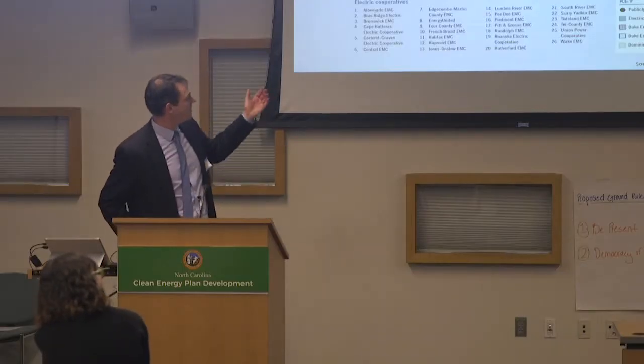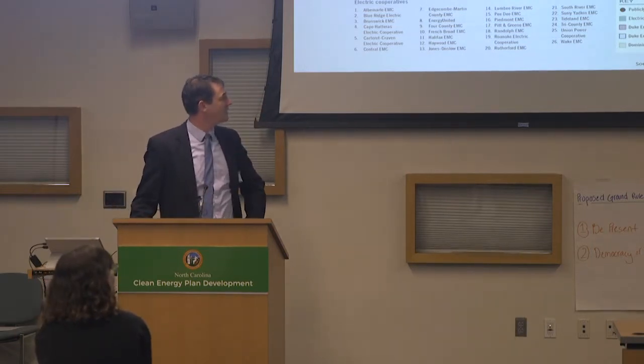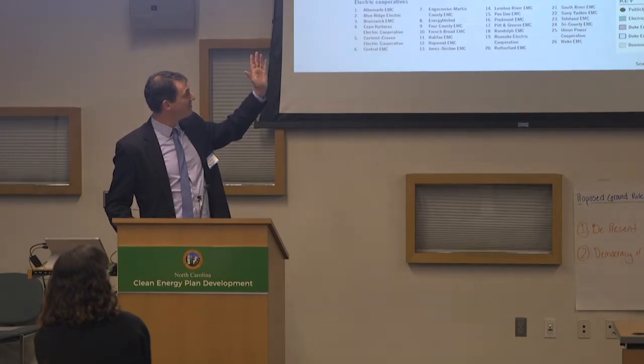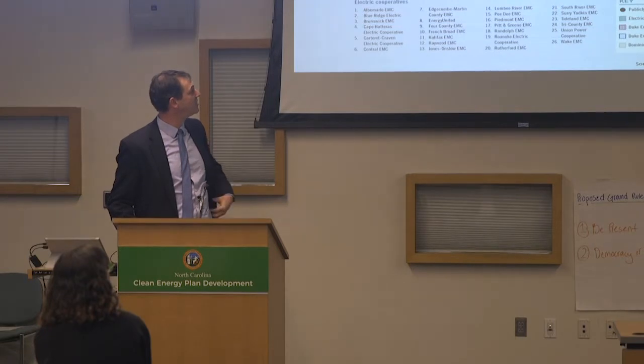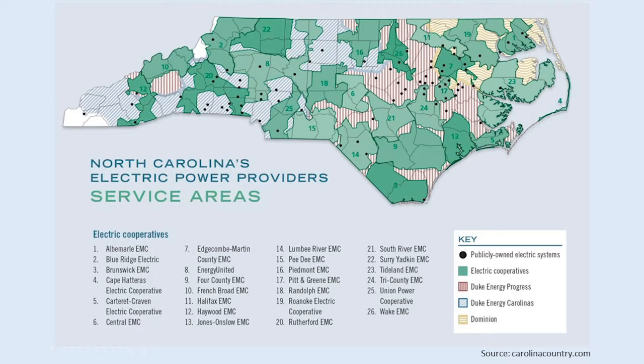Okay, so this is a map. I got this from Carolina Country, which is the magazine that the Electric Membership Corporation puts out. It's a map of all of the service territories in North Carolina. So one thing to note, there's a lot up here. We have 5 major categories of electricity retail providers in North Carolina. We have Duke Energy Progress, which is the vertical stripe line here, kind of triangle west, right? That's